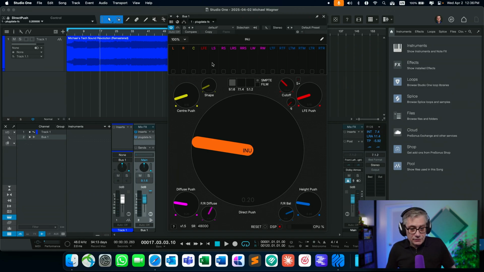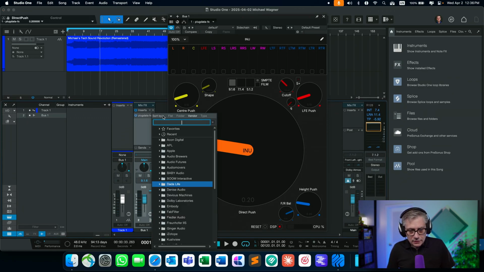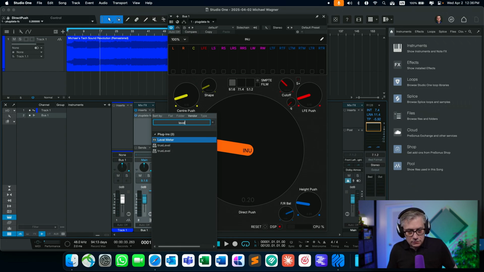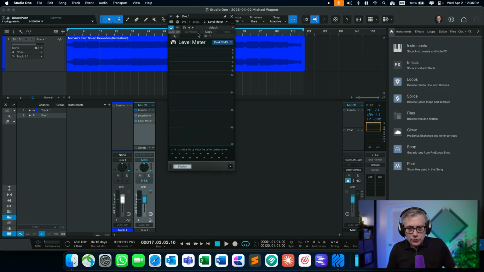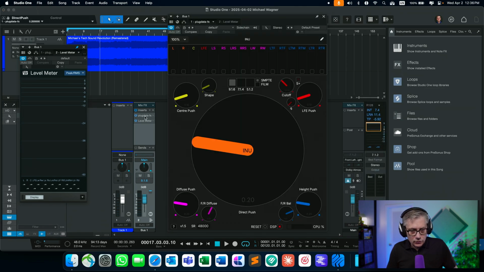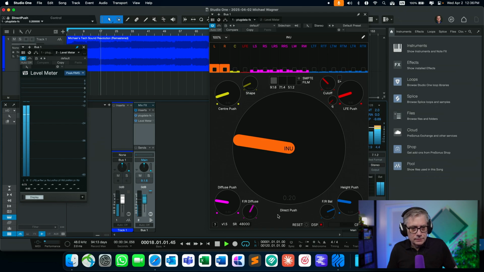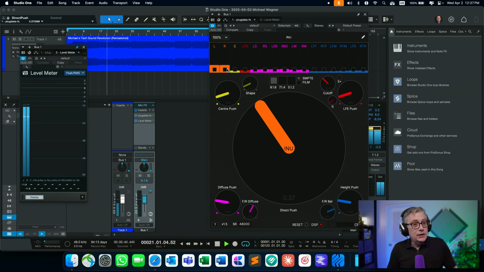So in order to better see what is actually happening, let me add a level meter here. Here we are. And I'm going to pin that so that we have it visible all the time. Then let's open up our Plug Data patch and play the audio again. As you can see, even though Eno correctly gets the stereo and converts everything into 9.1.6, only 2 channels actually reach the level meter.